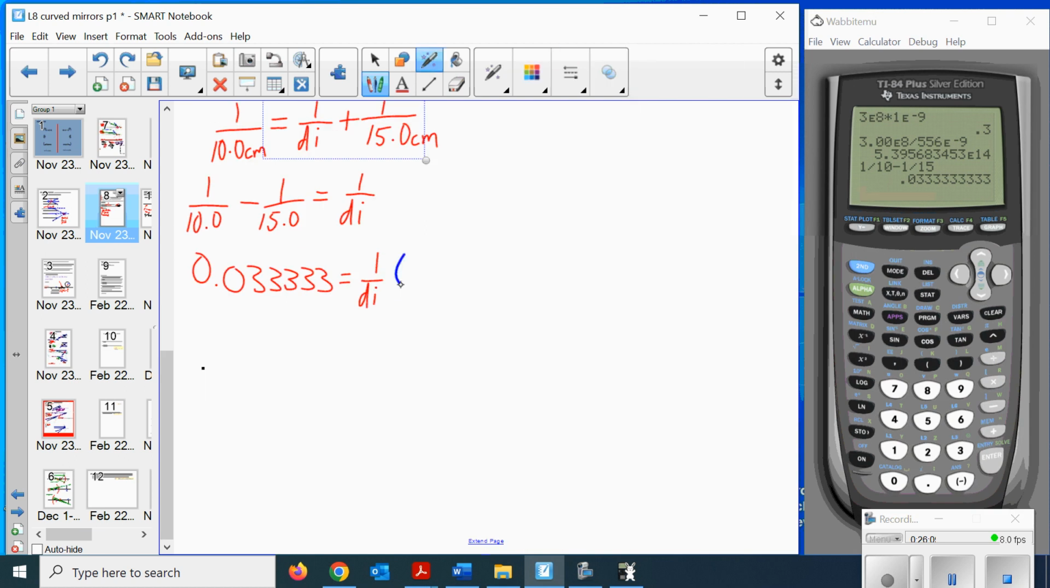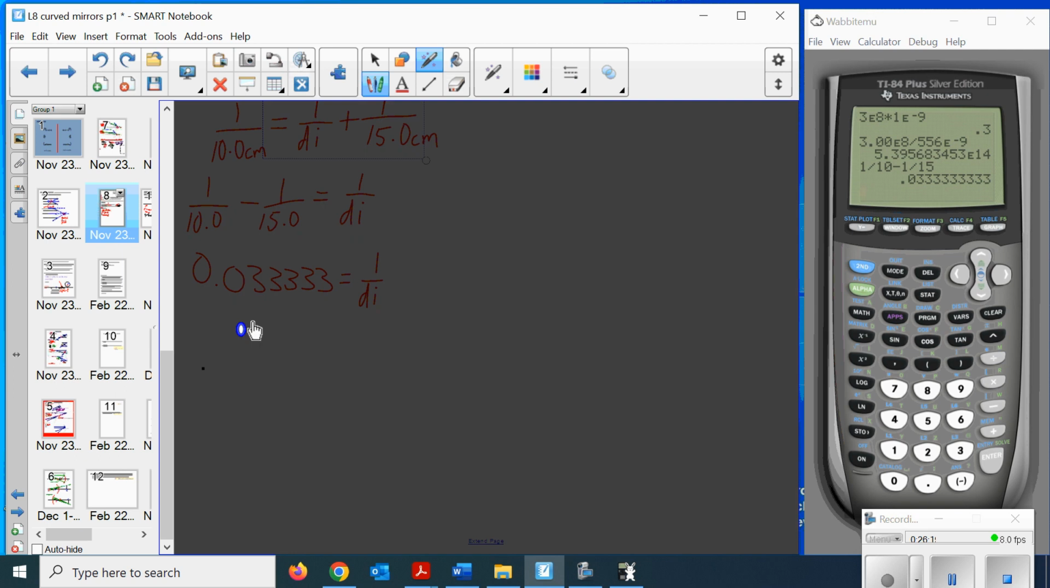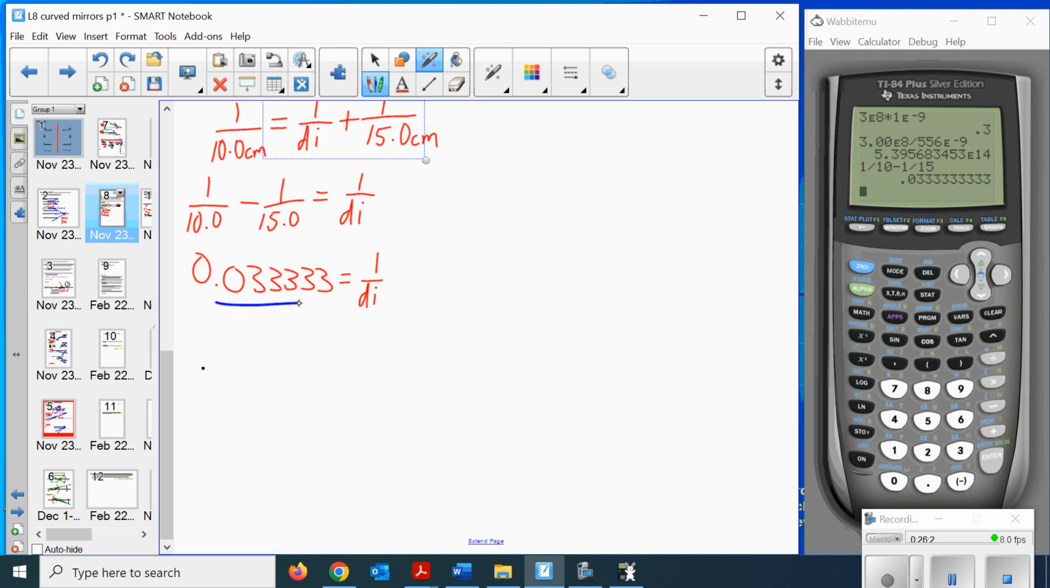you could multiply both sides by di, and divide both sides by 0.0333. It'll be 1 divided by 0.0333. I'm just explaining what I do, but I'll write it down once. If you're good with numbers, though, you can just jump straight in. Then these guys trade places. So I'm going to write down di equals